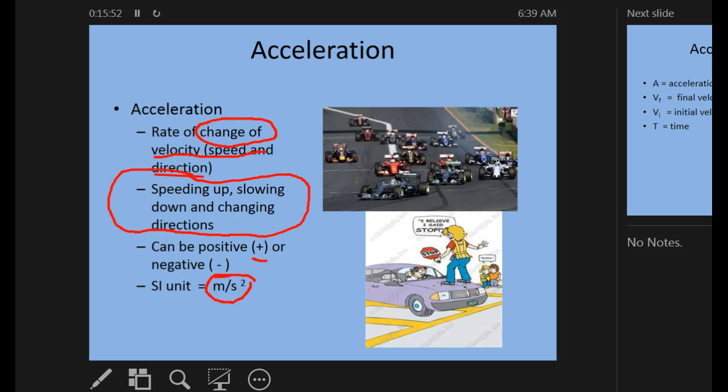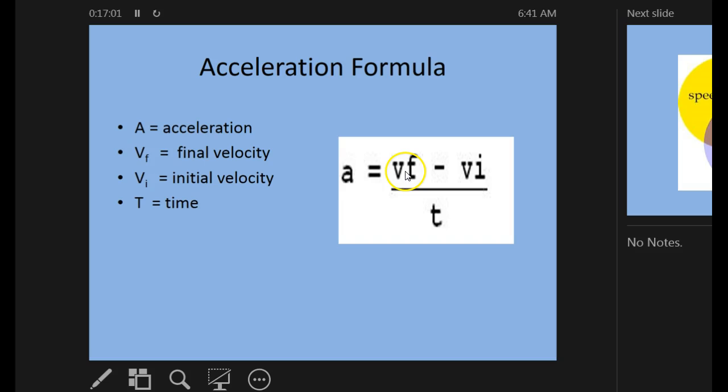All right, so what's the formula? We're going to do some math with acceleration today too. For acceleration, it is the change in velocity. So you have your final velocity minus your initial velocity divided by time. So let's say you start out at 0 meters per second. So you're at the start line, your car's ready to go, and then they wave that flag, and we'll say 20 seconds later, you're moving at a speed of